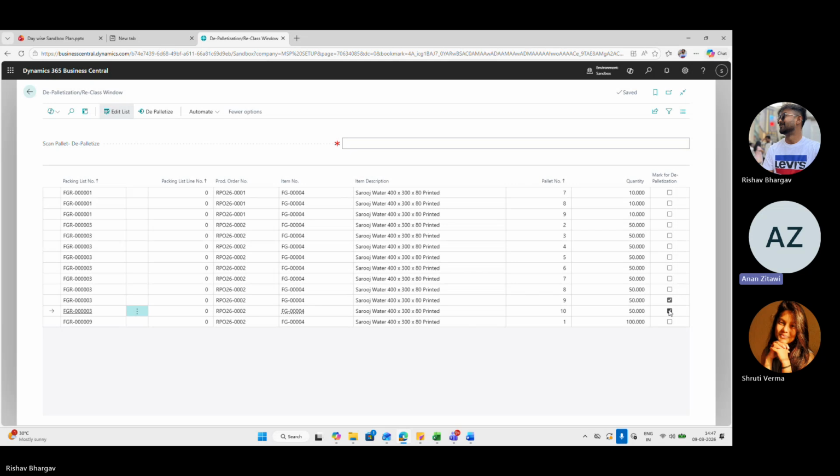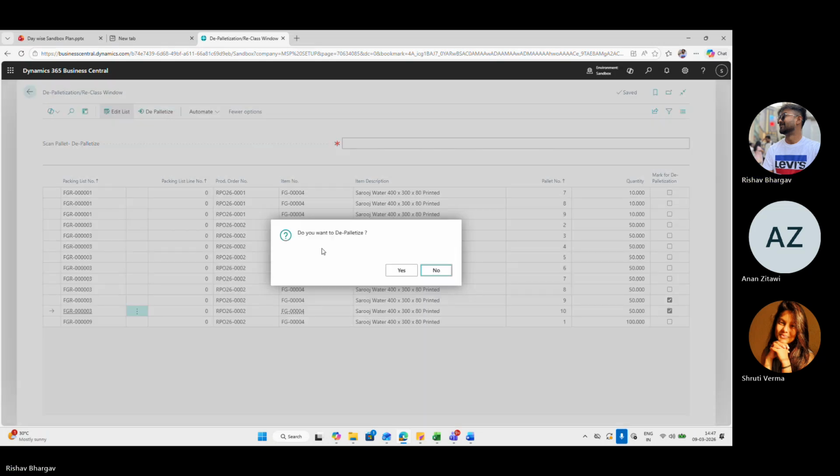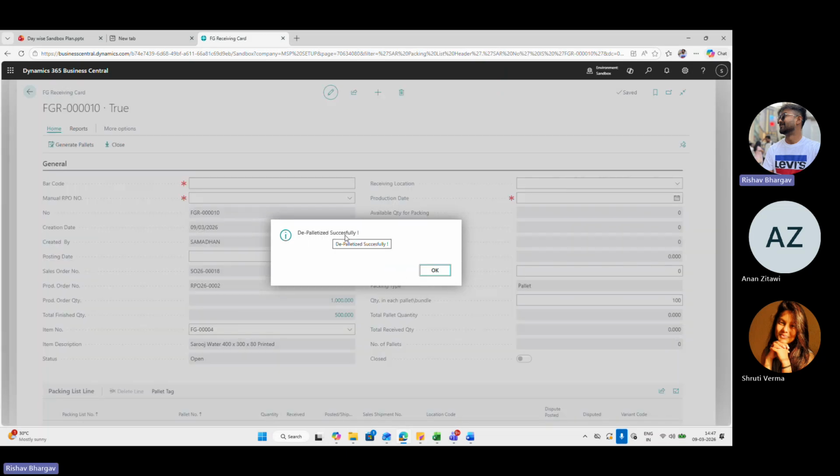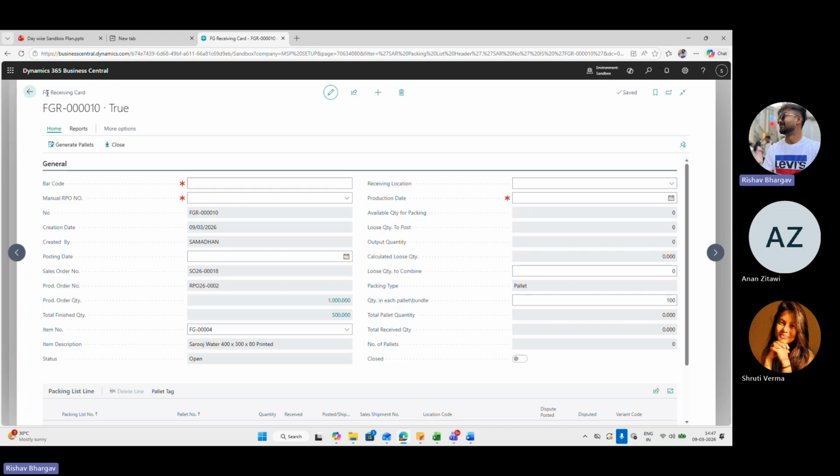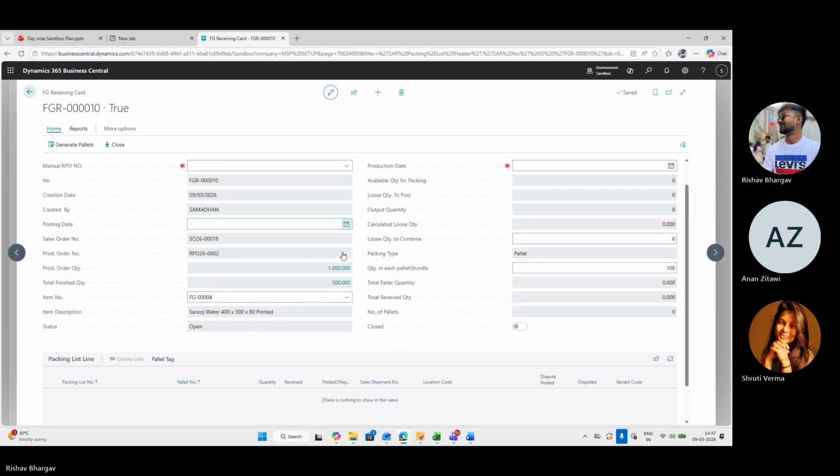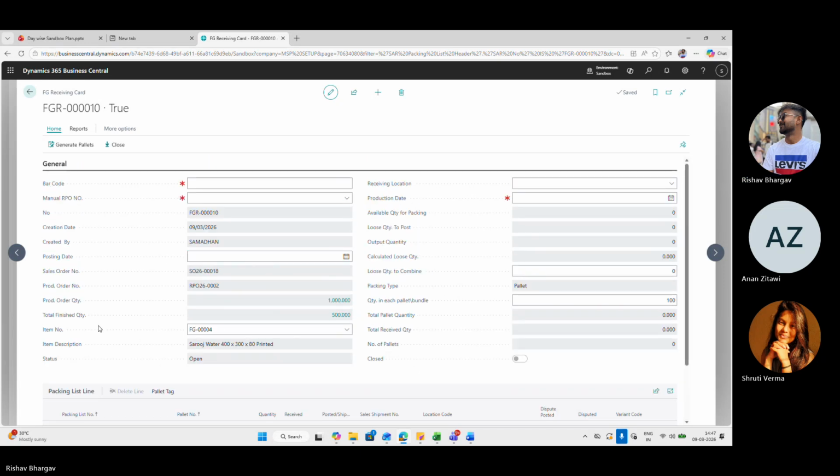You select it and you do depalletize. Do you want to depalletize? Yes. Depalletized successfully. And you see the FG receiving card page opens, a new document of the same item, the same sales order, the same production order.